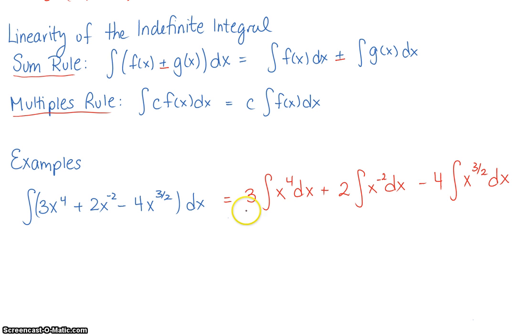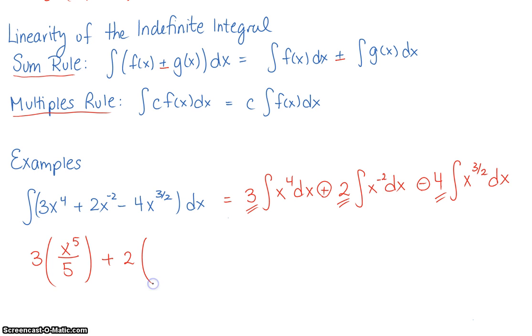So the multiples rule brings the 3 out front, the 2 out front, and the negative 4 out front, and our sum and difference rule splits them into the parts. From that point, we can then take the integral. So to do that, we'll start with the 3 out front. We have x to the 4th. We want to go up a degree. So x to the 5 all over 5